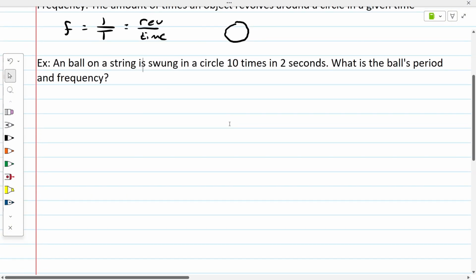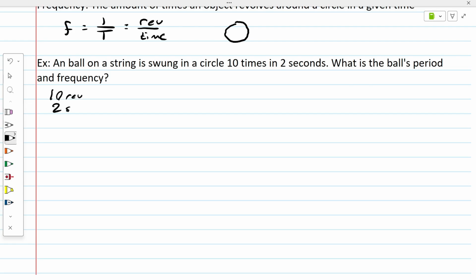So a ball on a string is swung in a circle 10 times in 2 seconds. What is the ball's period and frequency? So we have 10 revolutions in 2 seconds. So we can start by solving the period or the frequency first, but I'll just do the frequency. So the frequency is the amount of times it goes around, which is 10, in the amount of time, which is 2 seconds. So this will be a frequency of 5 1/seconds,